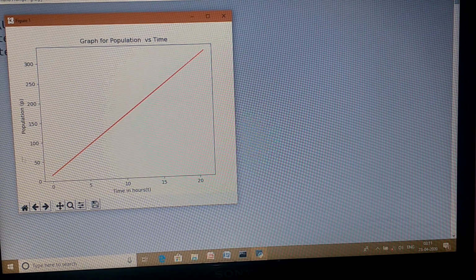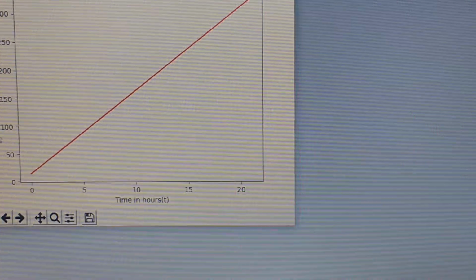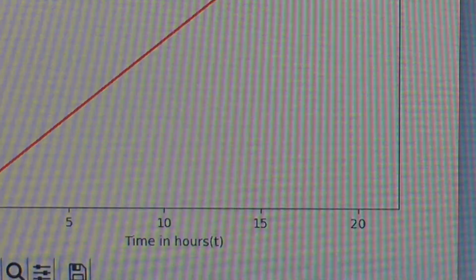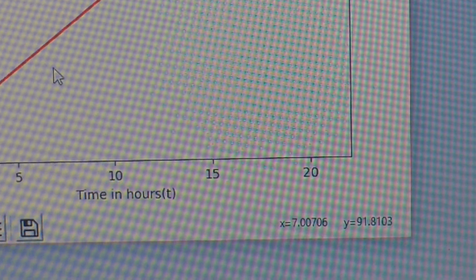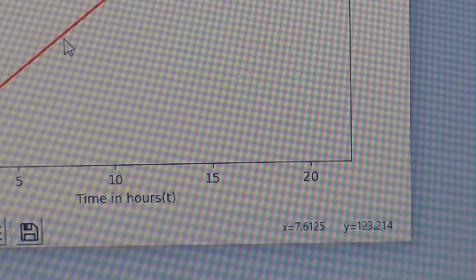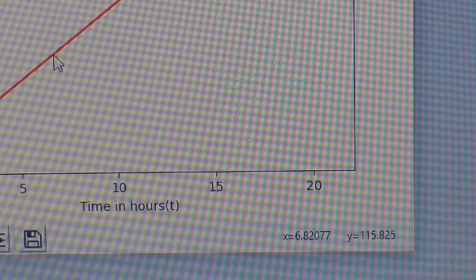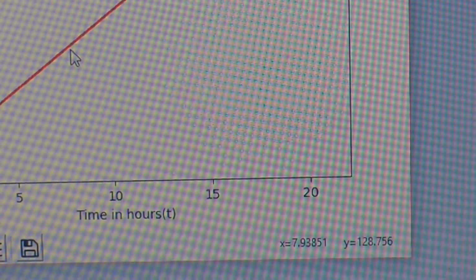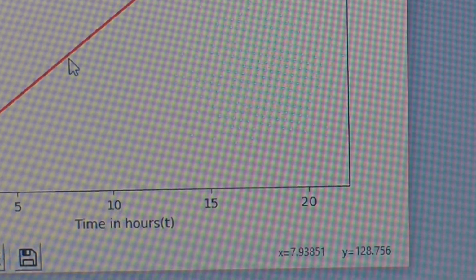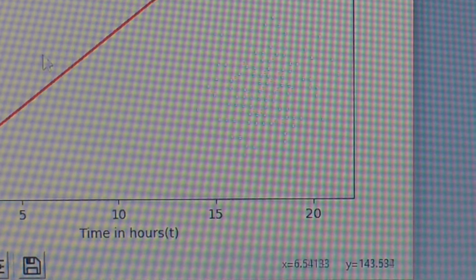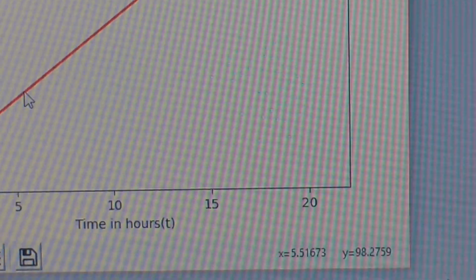Like this. This is the time. See, x-axis is time and y-axis is my population, and this is the title of the graph that we have added. See, when you move your cursor on your graph anywhere else like this, the values of x and y axis will be changing. The present pointing coordinates will be mentioned, x axis and y axis. What is the value of t and what is the value of p? X is nothing but t and y is nothing but my p. That will be just displayed there. Based on those values, you can give the report of that graph. This is all about your